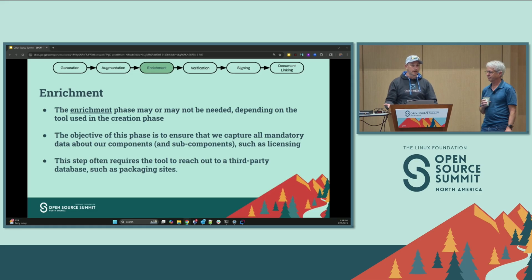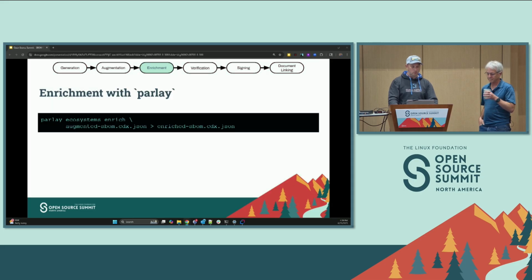Most tools don't provide this information, right? If you just generate an SBOM, you may get it for certain ecosystems. I think specifically Syft does a really good job for Java. But you probably want to go through and enrich these SBOMs with additional metadata. And a great way to do this is with Parlay. What we have found is that it does a really good job adding a lot of that top-level metadata